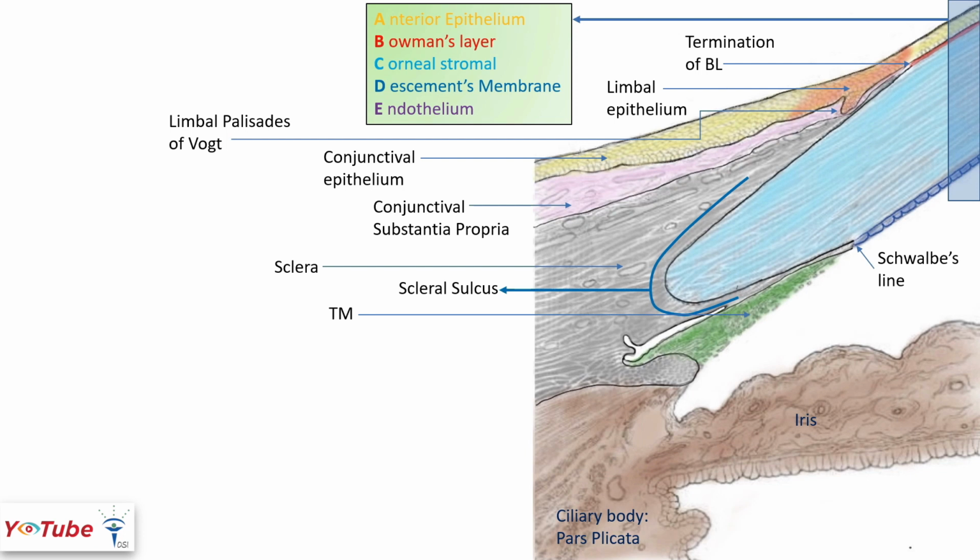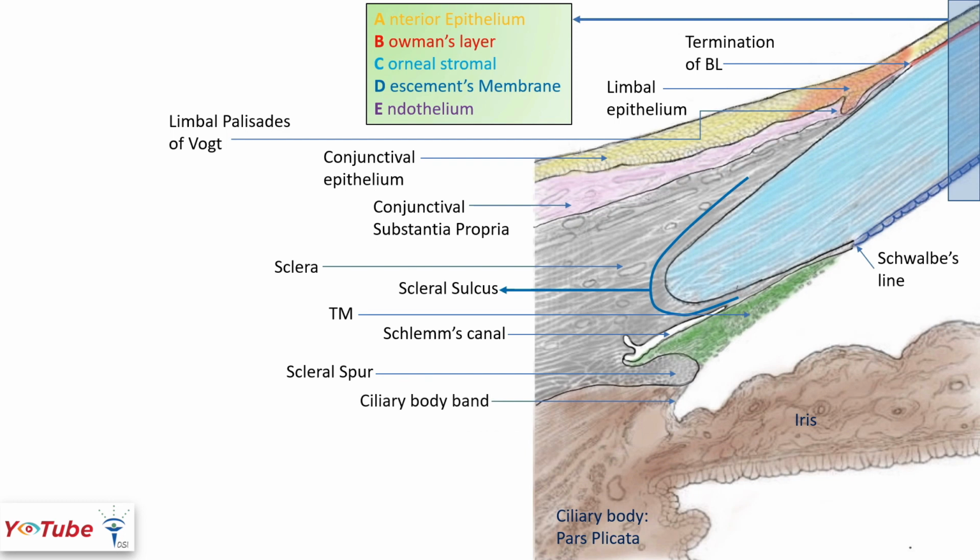As you can see here, the trabecular meshwork is seen as an obtuse angle triangle on cross section. Just above the distal part of the trabecular meshwork is the Schlemm's canal into which the aqueous drains out. Beyond the trabecular meshwork, we can see a small protrusion of the sclera into the angle of the eye, and this is called the scleral spur. Then comes the uveal tissue, which is shown in brown. A small part of the ciliary body is inserted onto the scleral spur, and this is called the ciliary body band.